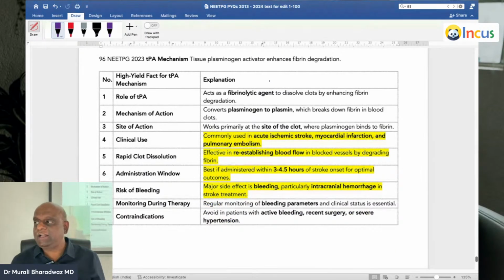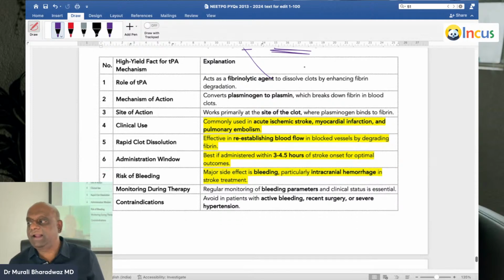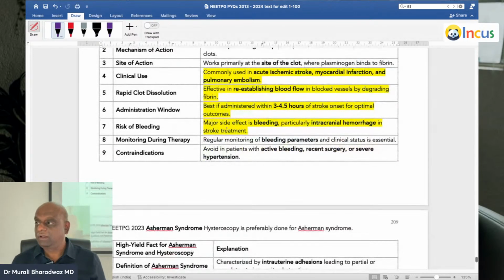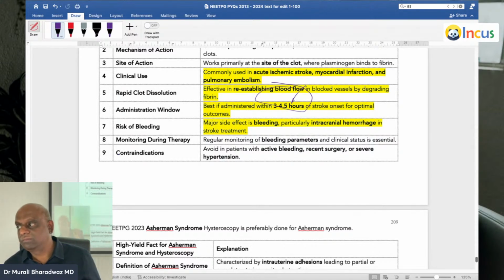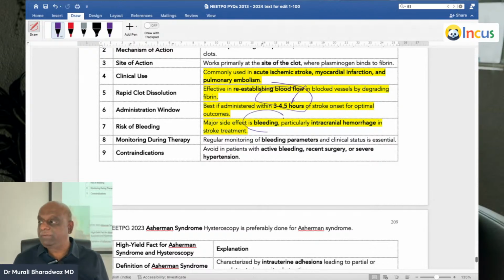Tissue plasminogen activator will increase the degradation of the fibrin. So it is best if you give it within 3 to 4.5 hours. Major effect of any thrombolytic agent is what? Bleeding. So that's the reason whenever a patient comes with weakness of the limb, the first investigation to evaluate stroke is